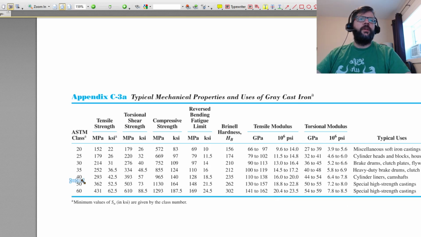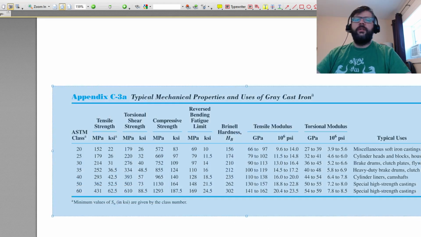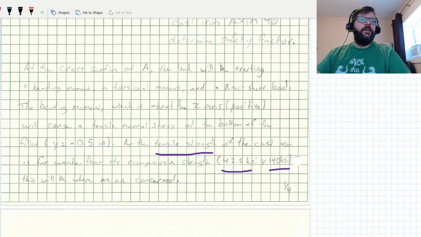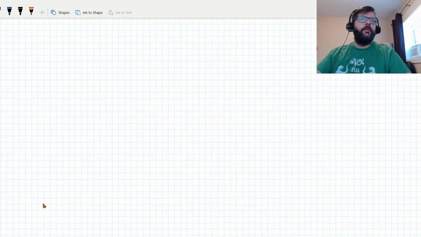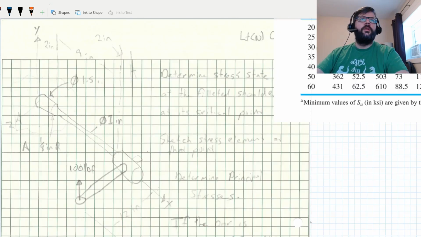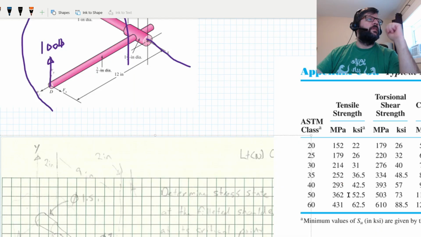So here's the chart that we're using. But yeah, so the tensile strength for that material is 42.5 KSI,